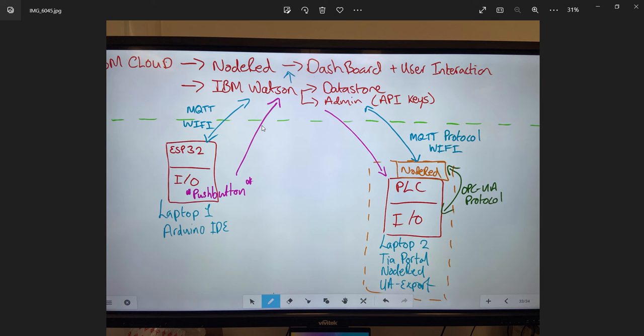So we want to look at that, and then we also want to see how we can add some dashboards to also influence the PLC system. Okay,